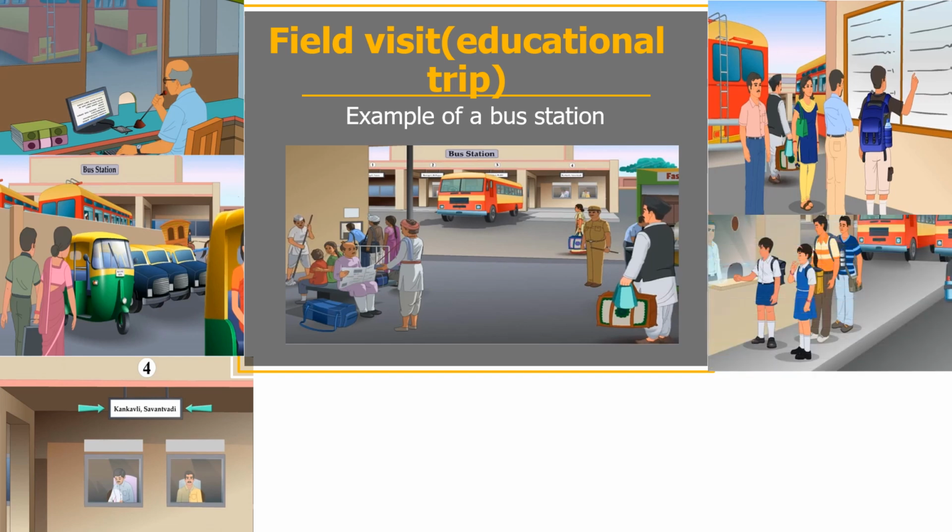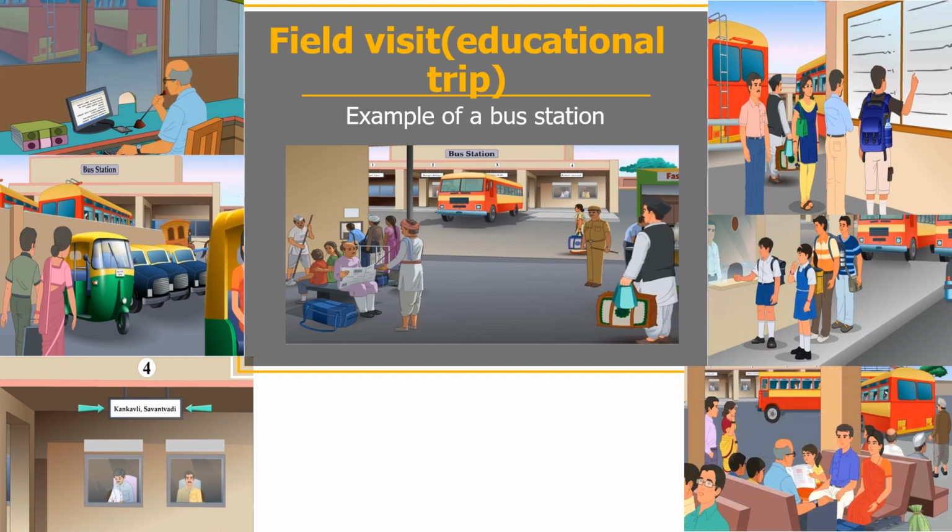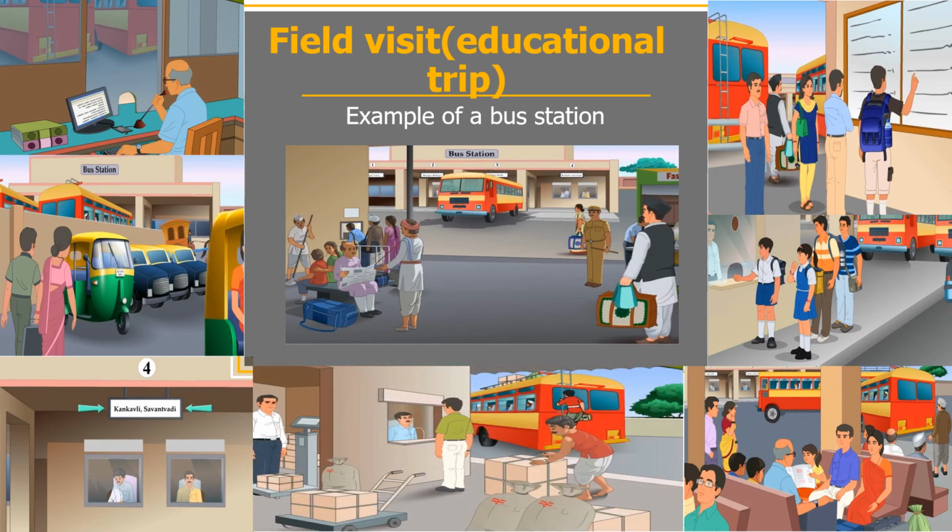There are even many facilities in the bus station, like the facility of parcel service, posts and other goods. Not only that, there are facilities of refreshments, seating places for relaxation, and even canteen corners for people to have food. Drinking water is also provided, and toilet services are also provided. The facilities of auto rickshaw, taxi, tonga for local transport are there in the bus station or outside the bus station.